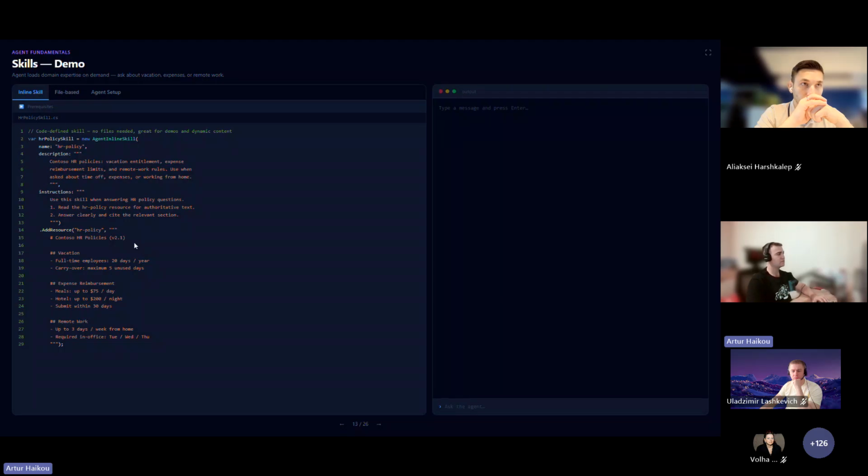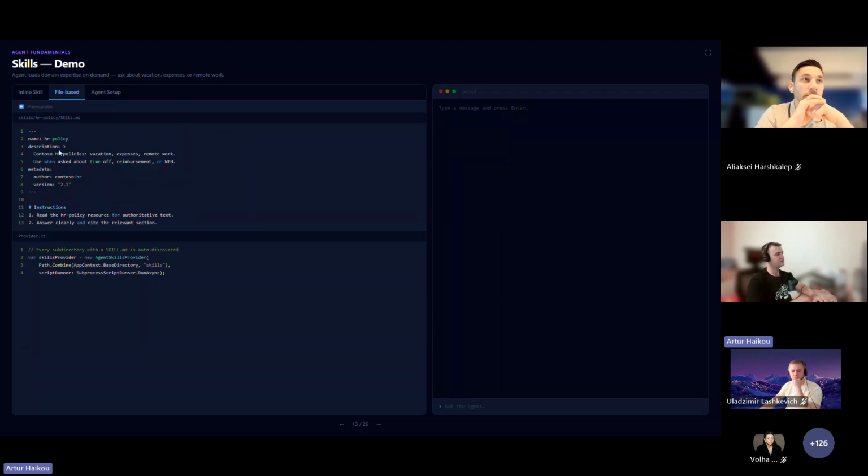The second approach: you're able to load the skill from a file directly, and in this case, you use the agent skills provider for loading it. And everything will be loaded from this particular skill.